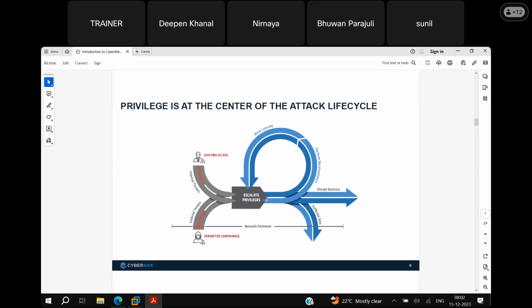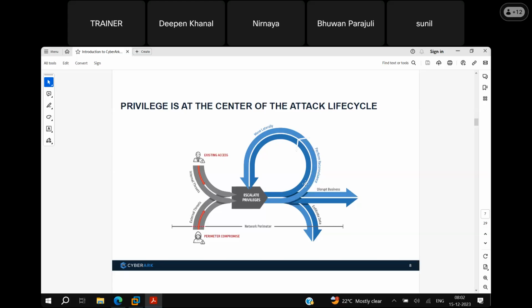Okay. So once they have credentials, once they escalate the privileges of the privileged accounts existing on the endpoints, they will perform reconnaissance. What is the meaning of reconnaissance? Any one of you? The general English meaning. What is reconnaissance? Observation.